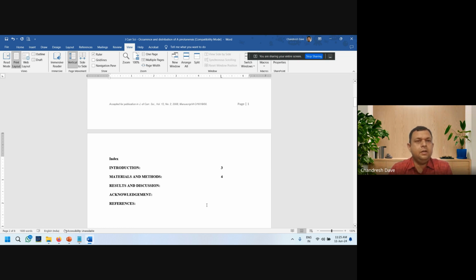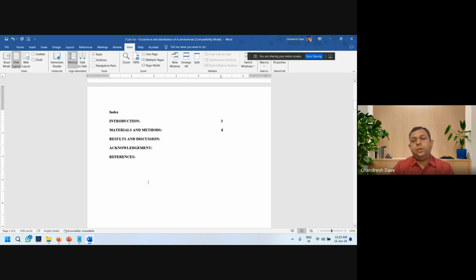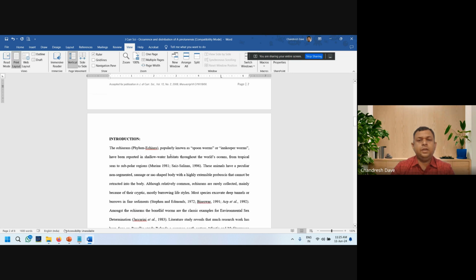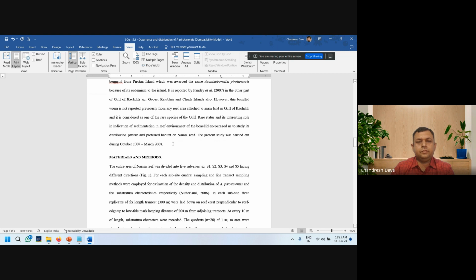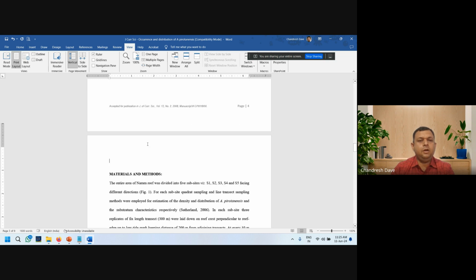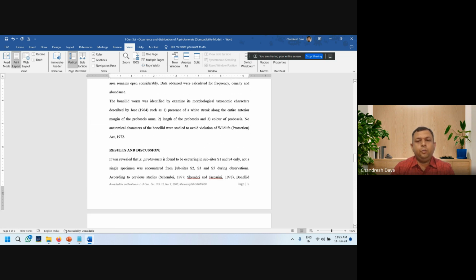Many of us are doing this. There is quite a possibility that some of you are aware of the automation in Word, but the majority of you are following the same manner. This is okay when there are a few items under the index, then it can easily be managed. However, suppose you add something here, like you inserted a space here, and now materials and method is shifted to page number 5.